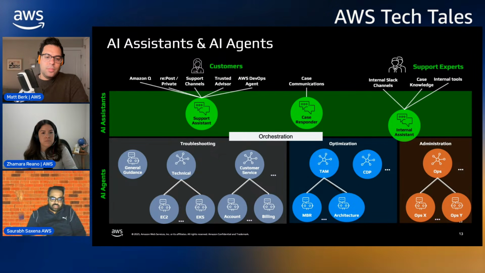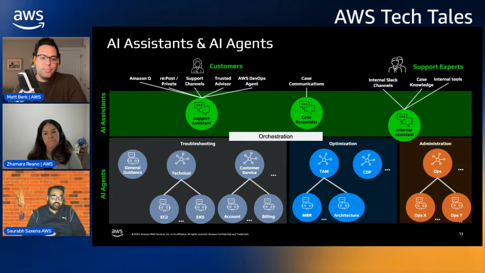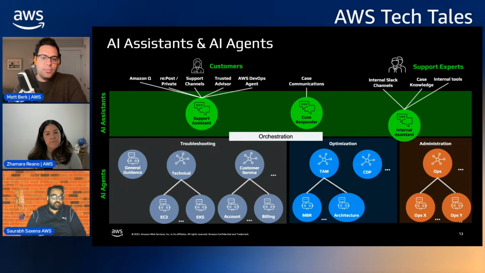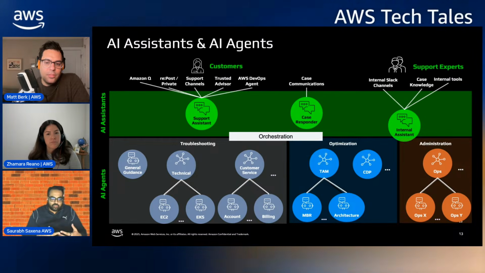Because one of the challenges with LLMs, or large language models, today is context, right? You can give them all the data in the world, and it will just be a very, very expensive query. So chopping off your problem into multiple micro agents makes it easy for us to process and give faster and accurate responses back to our customers. That's the model that we have used in our support troubleshooting. And we are continuously evolving as new technologies come, new context windows come. We look at where we need to invest in orchestration versus creating further sub micro agents as well.